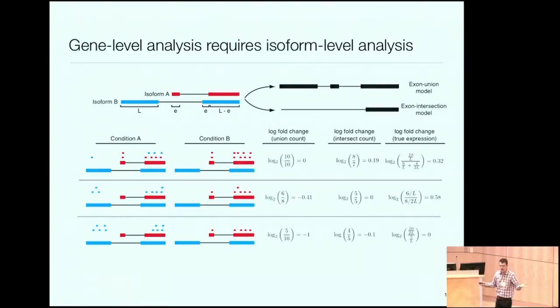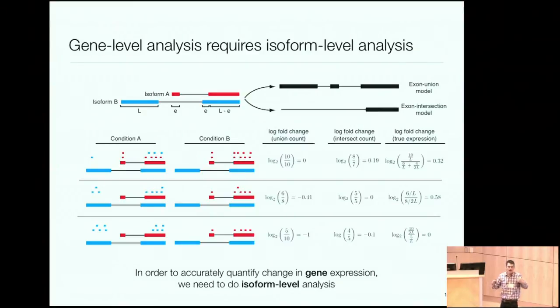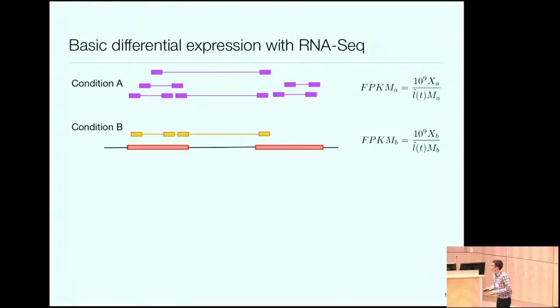So depending on how the example works, you can see that the simple counting method says the gene's going up when in fact it's going down. And the consequence of that, I argue at least, is that even if we just want to do differential gene expression, we need to be working at the isoform level first if we want to make sure we're getting the right answers. So, all right, now let's talk